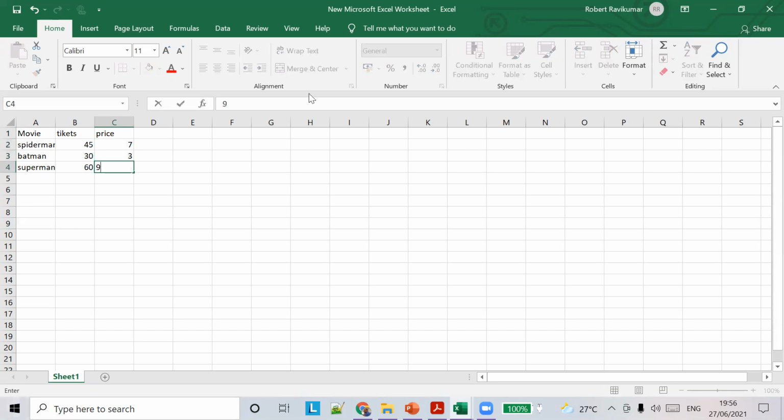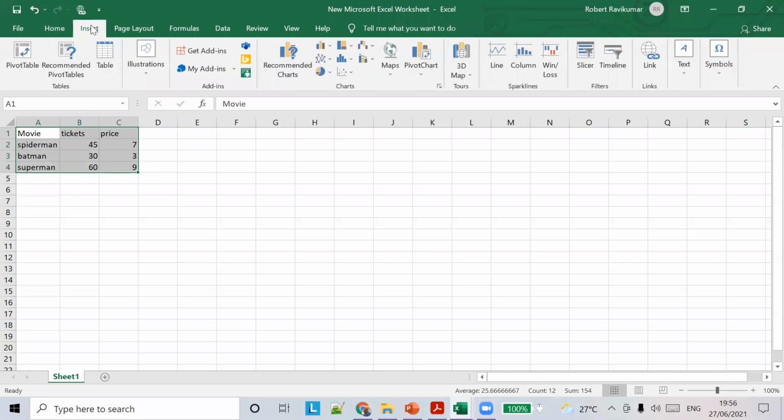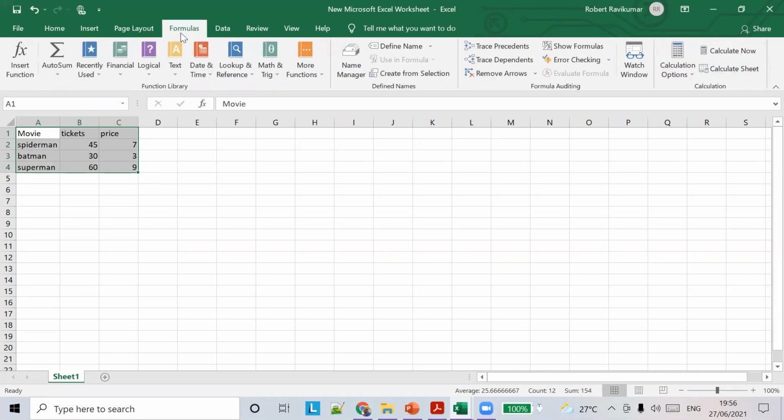So we learned how to create name ranges separately. Let's say I want to create three name ranges at once. We can do it easily using this. I select this and go to Formulas. There is an option called Create from Selection.